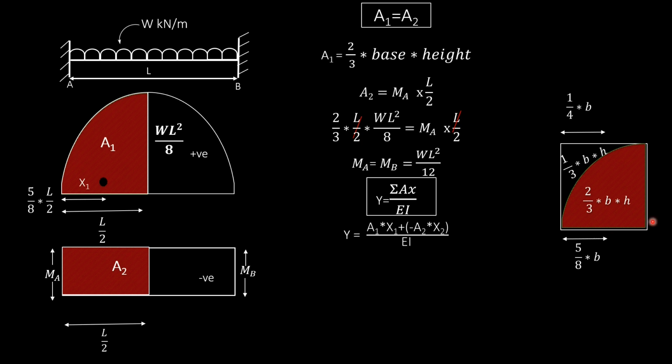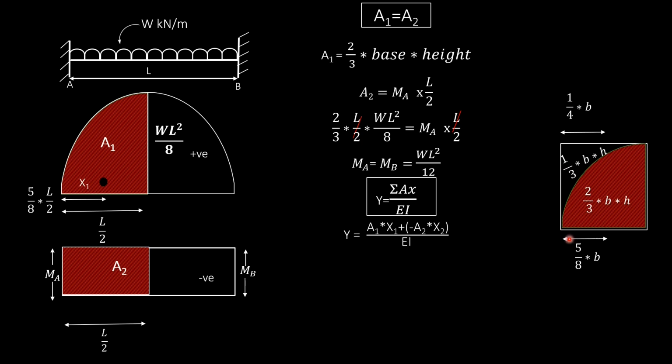So the hatched portion is the area of the parabola. It is the second degree curve. So area of the hatched portion is 2 times b into h. And what is the other part? Since it is inscribed in a square, you will get 2/3 times base into height here, and the other portion is 1/3 times base times height.